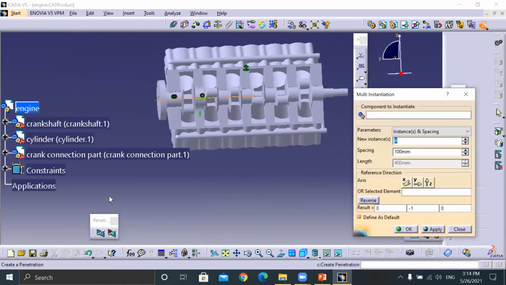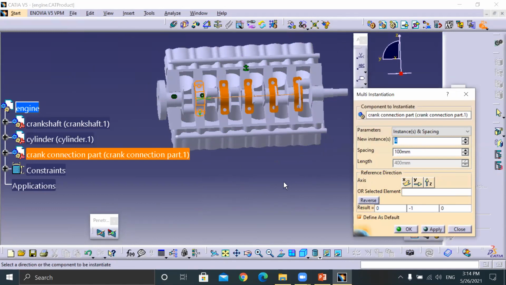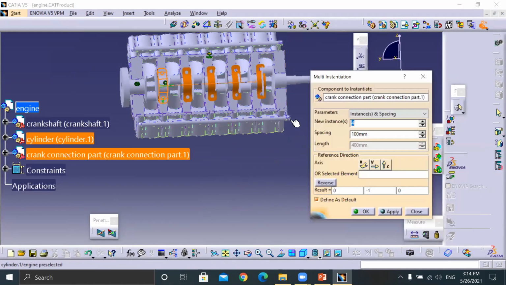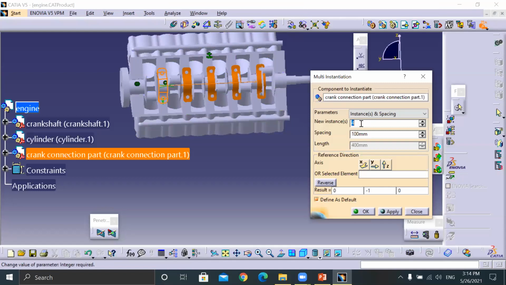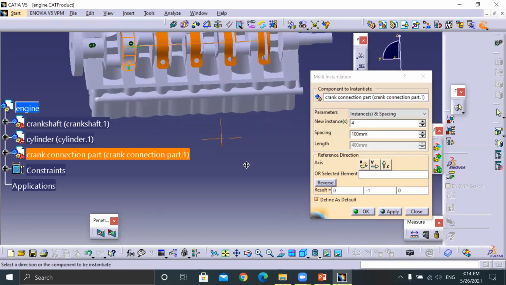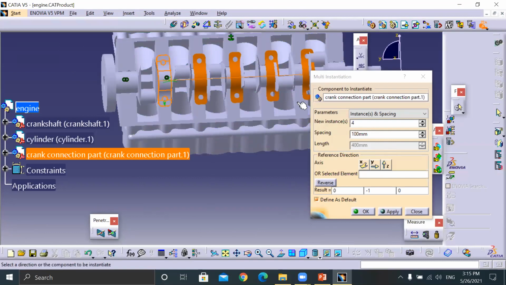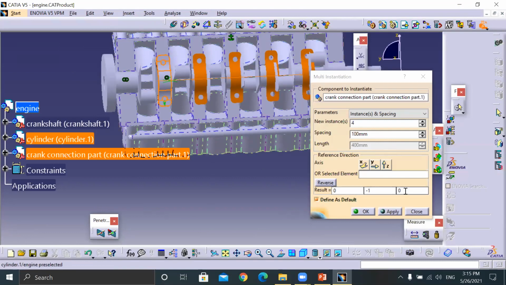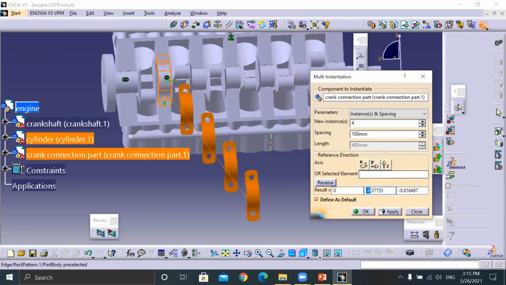Second one. Okay, select the crank connection. Okay, here I think everybody knows about the pattern. Now how many needs? 1, 2, 3, 4, except the last one. Okay, now spacing. How much the spacing? Okay, give it like this. Okay, this one is for result. Okay, that's a 0,